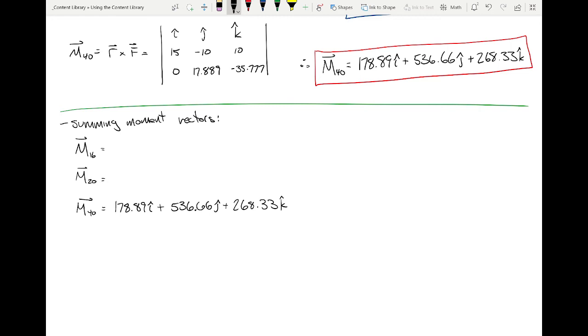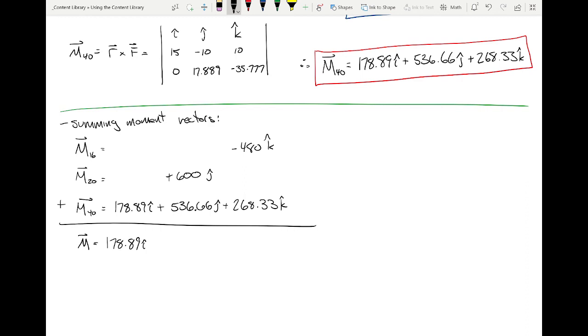What did we get for M20? What was that? 600J. So what I'm going to do is I'm just going to sort of write it like this. Put it over the J term. And then for the 16, how we got minus 480K, I'm going to put it like this. And that way when I add them up, I can just add them up in columns. So I propose that the total moment for this entire system is